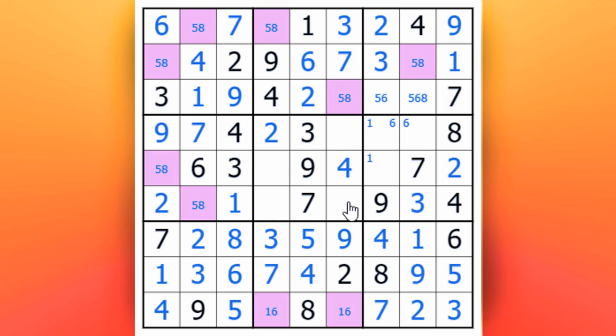So actually, what could go in here? No, we'll do the whole lot. 1, 2, 3, 4. So the total that can go in there is, well, we can put in a 1, can't put in a 2, 3, 4. We could do a 5, 6, and an 8. 1, 5, 6, 8. And on this one here, we already have an 8 across here, so we take the 8 off. And on these two, we have a 1 and a 2, so we can get rid of the 1. This one we can get rid of a 6. And now we have,